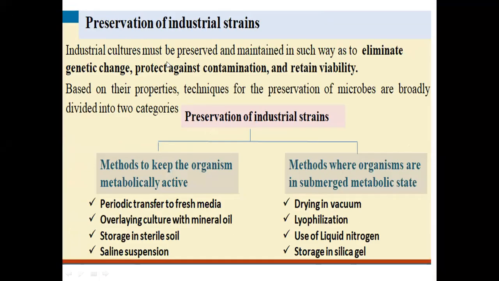So these industrial cultures have to be preserved and maintained for a long period in such a way that they will not undergo any genetic change, because if you keep on using them for a long period, they will be undergoing different kinds of stress. If you don't maintain your cultures properly, they will undergo a lot of stress like heat stress, salinity stress, and different acidic alkaline stress, etc. So they may undergo some genetic change. So to preserve their genetic makeup also, you should preserve the bacteria, and you should protect against contamination, definitely, because